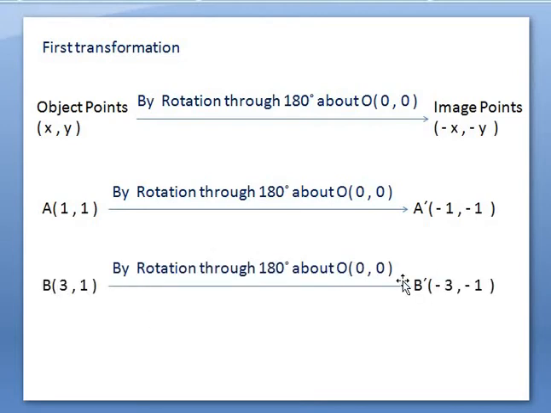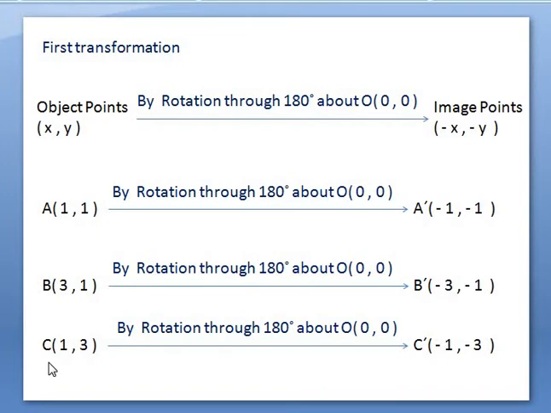B(3, 1) is changed to B′(−3, −1). Similarly, the third one, C(1, 3), is transformed to C′(−1, −3). Now the image obtained under this first transformation, that is, rotation through 180 degrees about O, is again transformed by